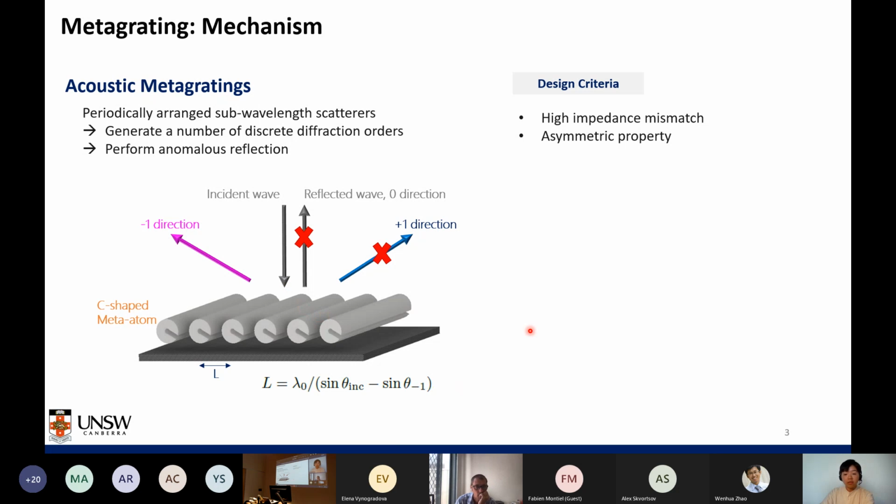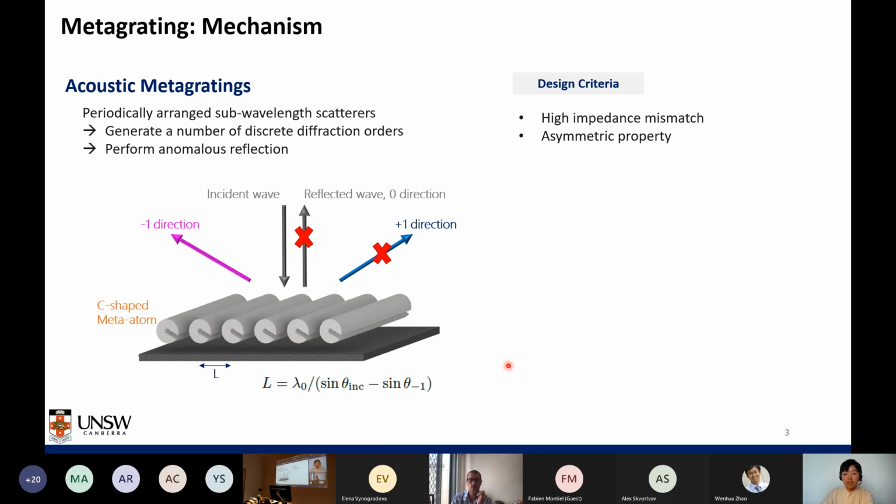There are two important design criteria. The first criterion is that the metagrating should be highly reflective. To achieve this, a hard backing wall is employed such that all incident waves must be reflected while no energy can be transmitted through. And the second design criterion is that the structure should have asymmetric scattering properties, which is given by the